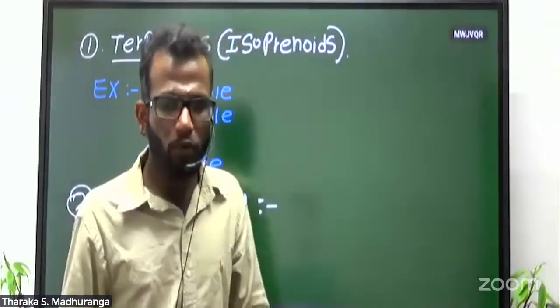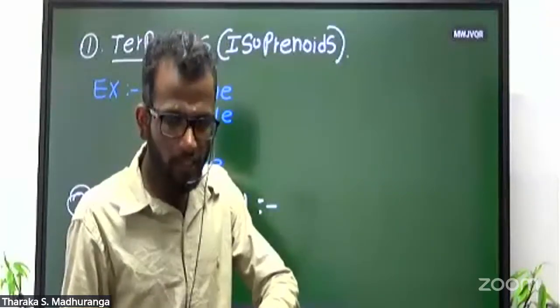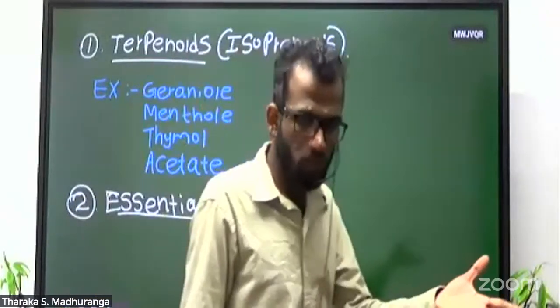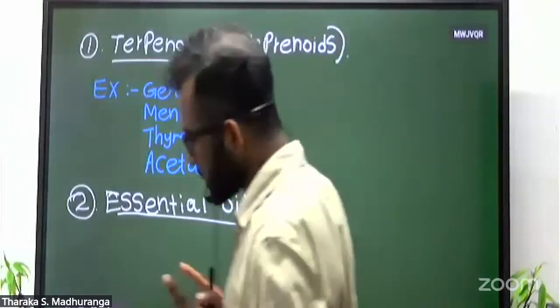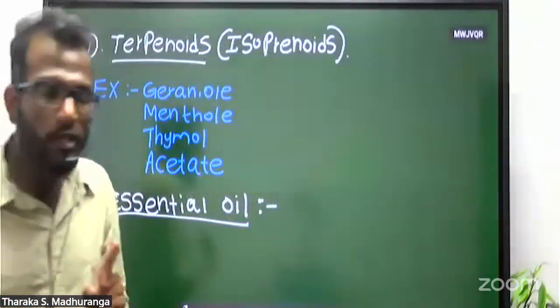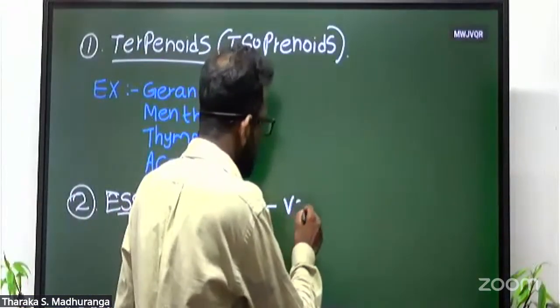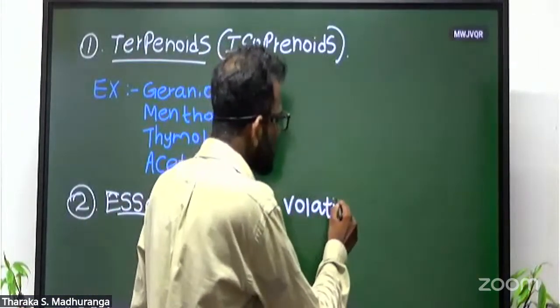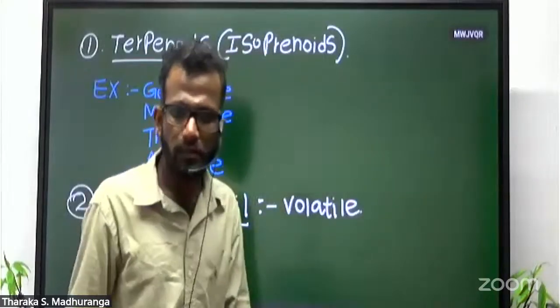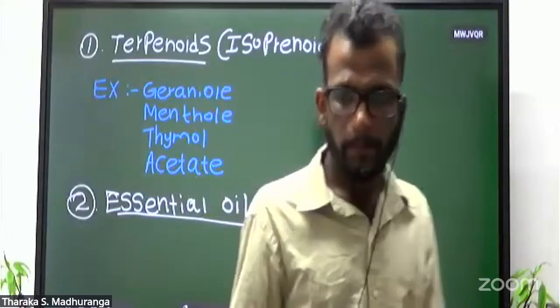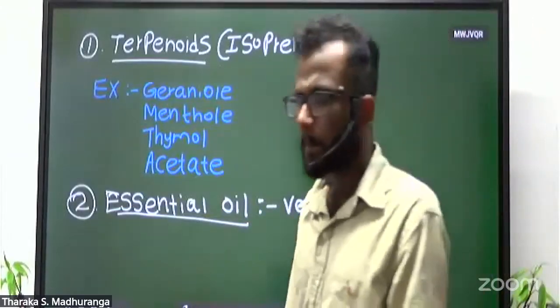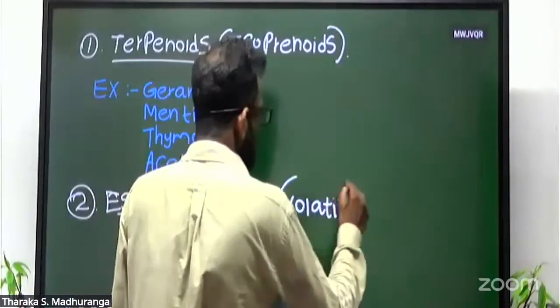The water is polar, the essential oil non-polar. That's why it's not dissolved. The other important factor is that essential oils are volatile. Volatile means